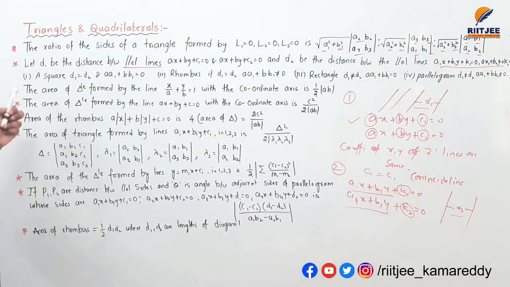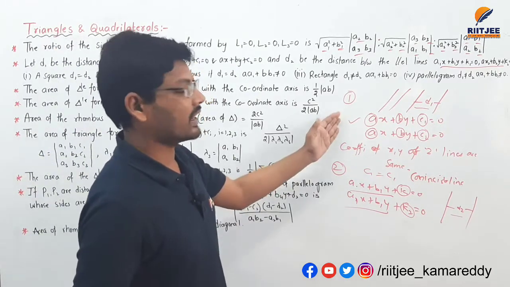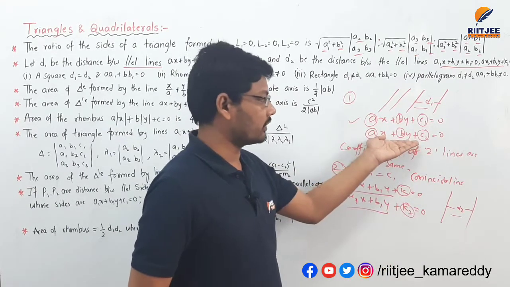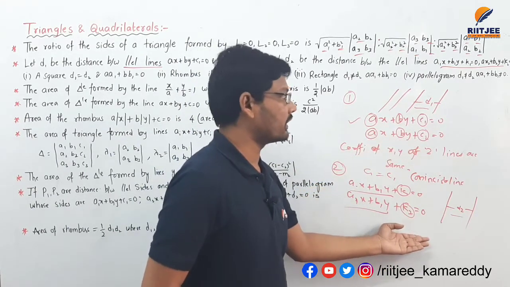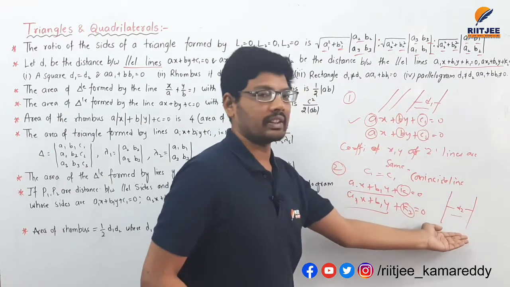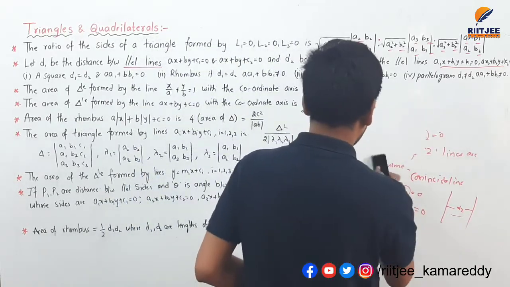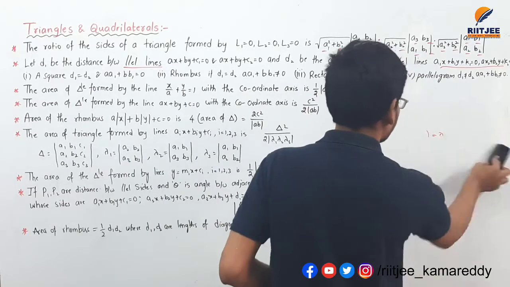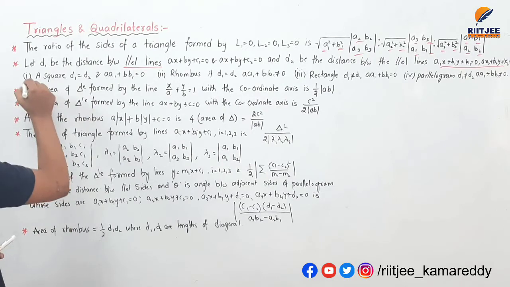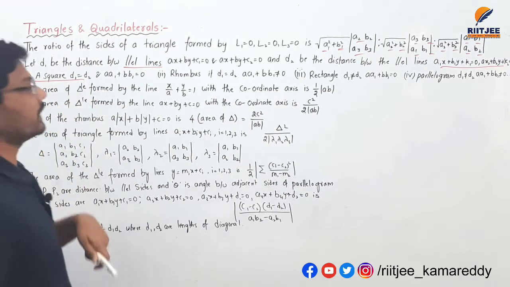And he is saying the first condition. What is our first condition? Here understand carefully. Here two sets of parallel lines are there. The first set of parallel lines is this one, and the second set of parallel lines is this one. The distance between the first set of parallel lines is d1 and the distance between the second set of parallel lines is d2 here. So this is the first information he has given. According to this information, he has given the conditions. First one is square, d1 is equal to d2.